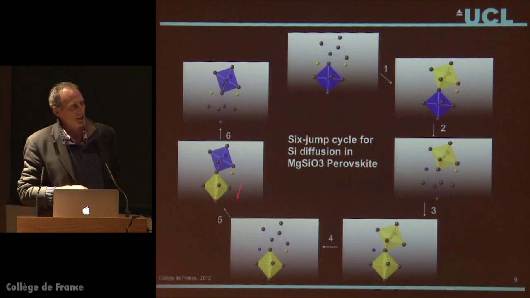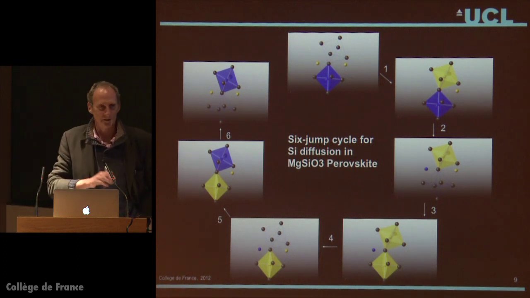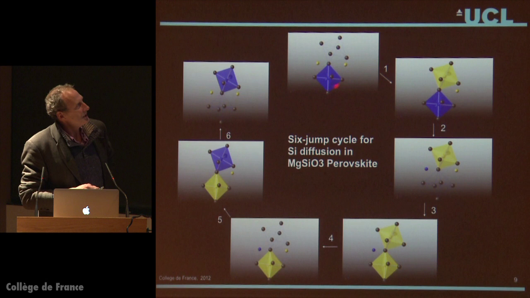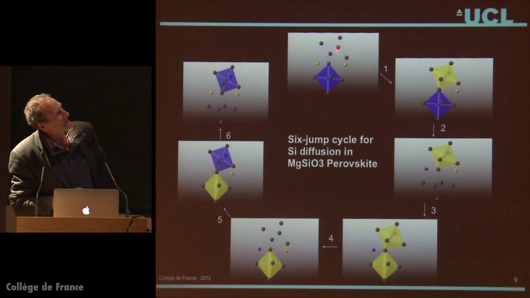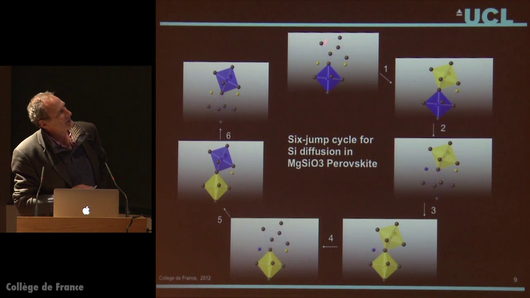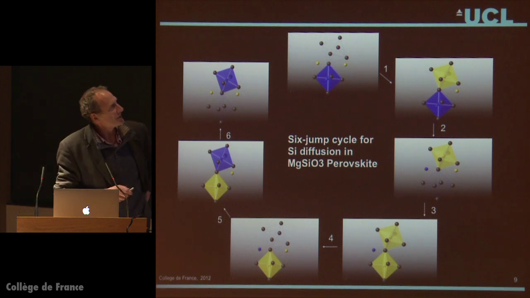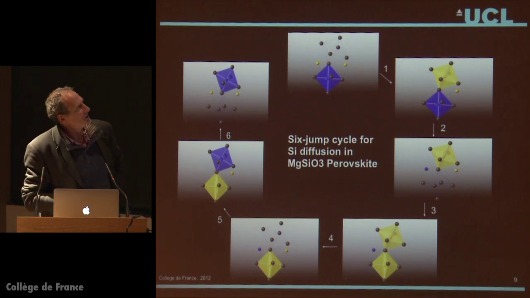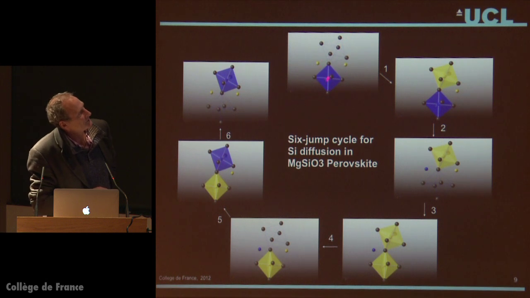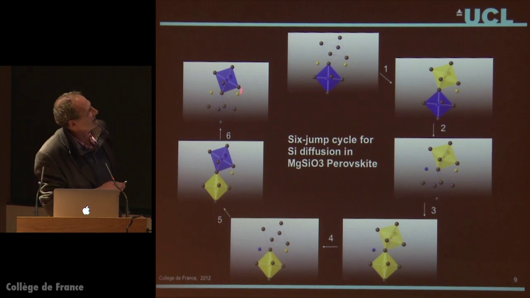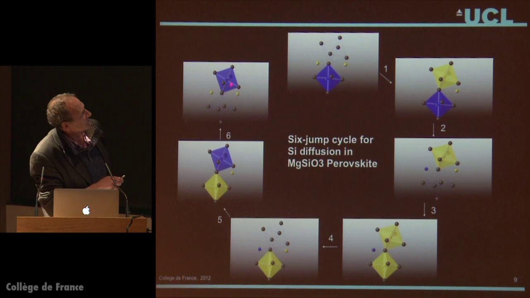Okay? In fact, this mechanism I now think is not quite right either, but it doesn't really matter for the moment. So it goes a bit like this. Up here is a nice silicon vacancy. You can see the octahedra here, and there are 2 magnesiums. The little black things are the oxygens. And what happens? The first thing that we see is that rather than the silicon making its direct move from here to there,